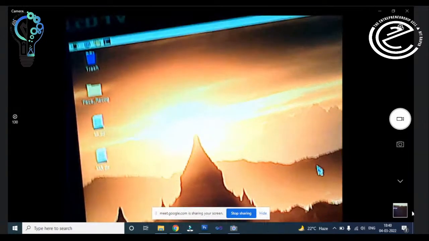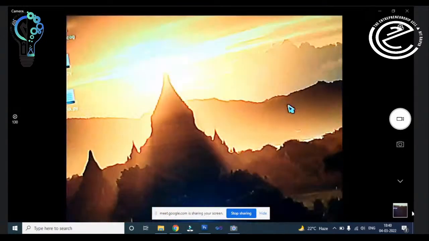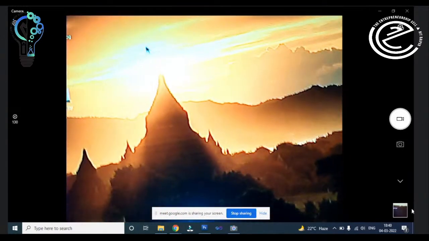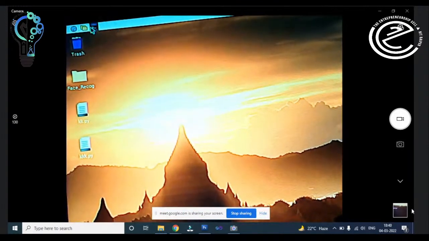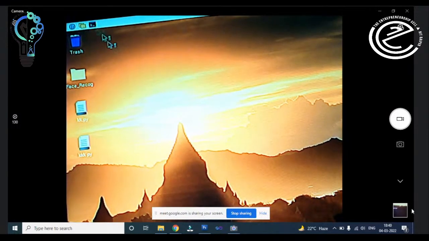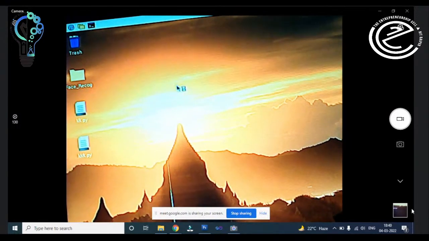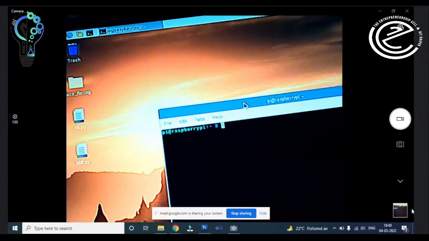It is just like operating Windows, so you will feel like Windows. But a few things are different in this Raspberry OS. It's a command-based operating system, so you can install any software with the terminal. Here we have the terminal. So you can see the terminal right now.